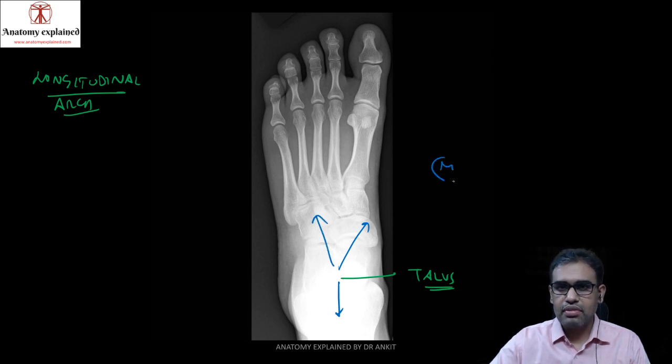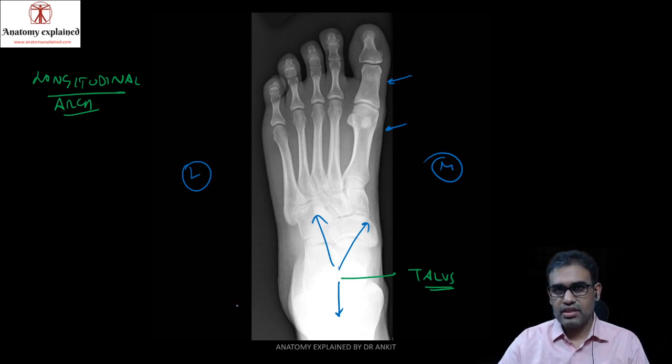This is the medial side, that is the lateral side. How we can see the phalanx, the first metatarsal, the thickened first metatarsal. So that is the big toe, which lies medially. So weight can go in these places.